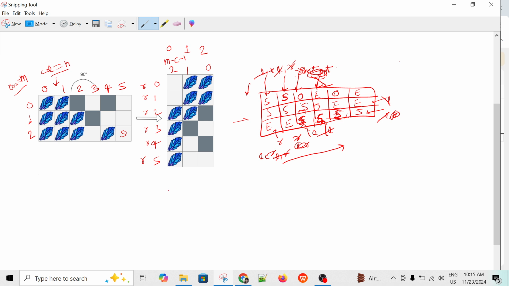And what will be the time complexity of this approach? Because we are iterating only once to each cell. So the time complexity will be order of, because we can do twice, so 2 into m into n. So overall time complexity will be m into n. This is the time complexity,